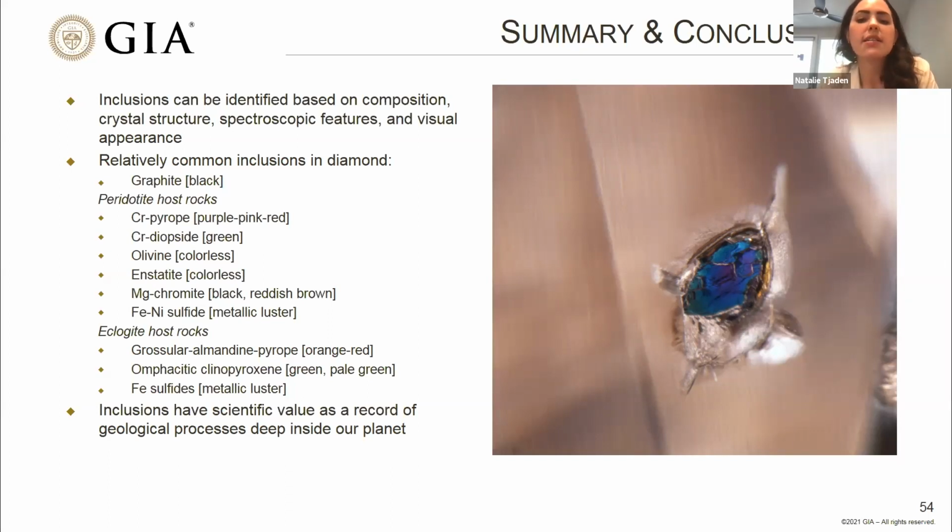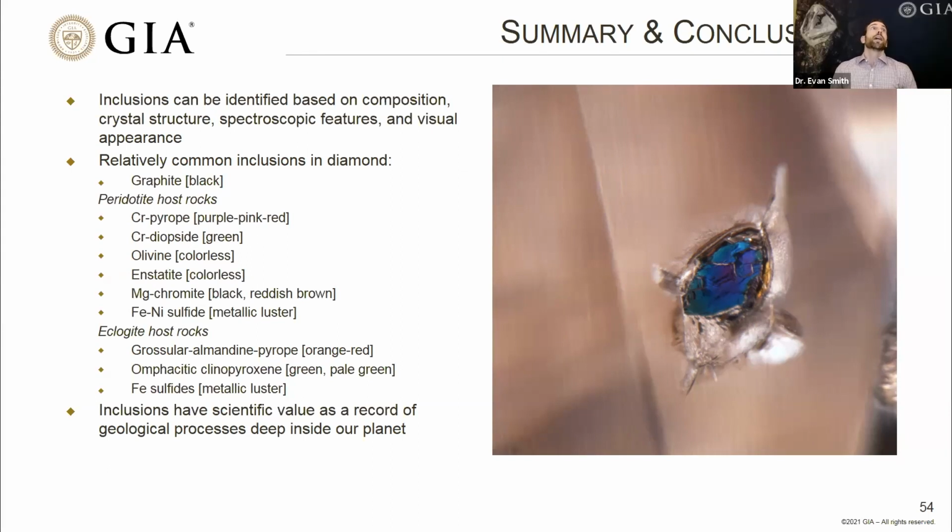Great. So can you tell us a little bit about the difference between maybe examining inclusions in rough specimens and cut stones? Yeah, so I love examining rough diamonds whenever I can, and the advantage with rough diamonds is that nothing has been cut away or polished away yet. So when you're examining rough diamonds, you have the maximum preservation of inclusions. So if there are inclusions in a given diamond, you're going to see them in the rough.